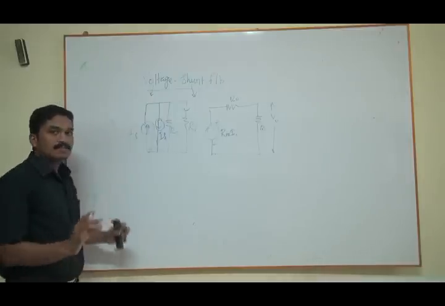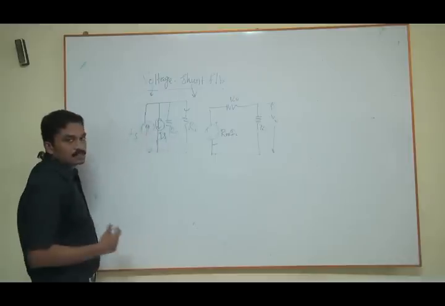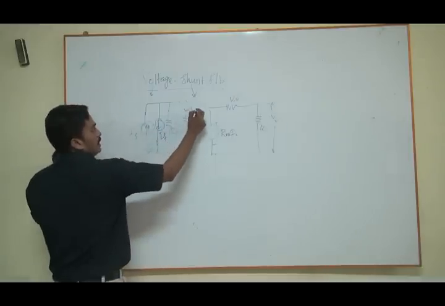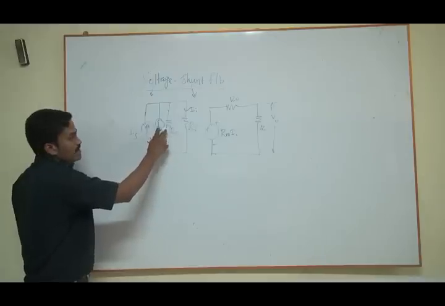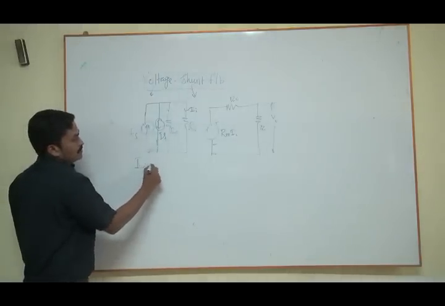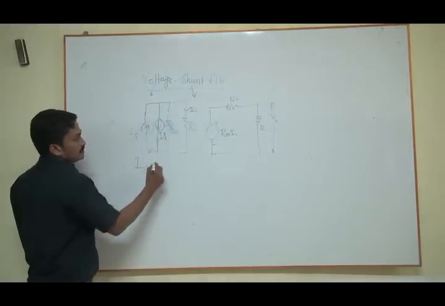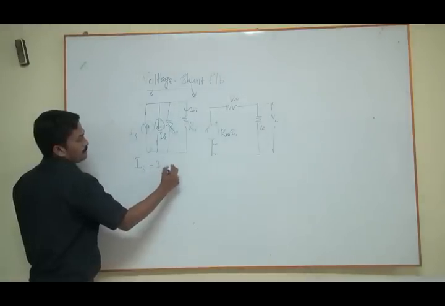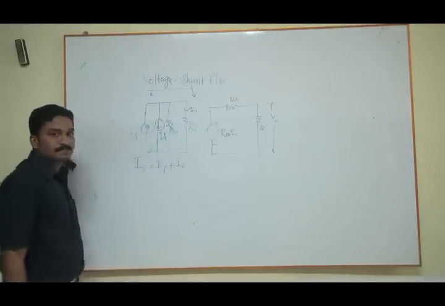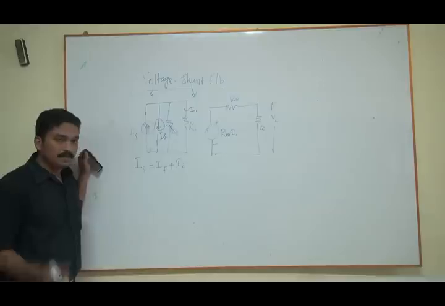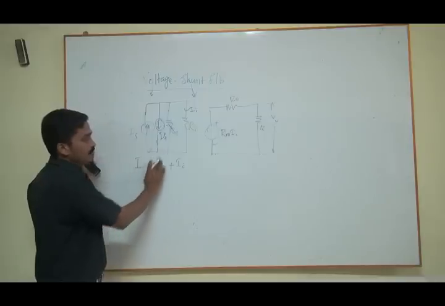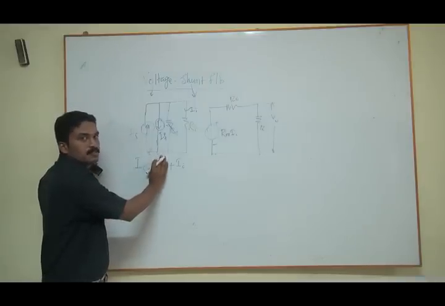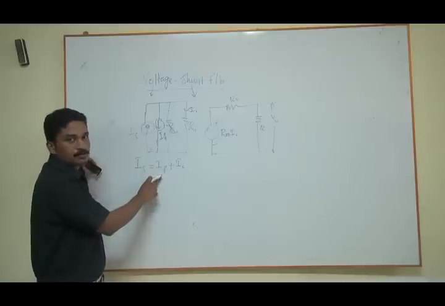Clear? And as usual assumption, let us assume this RS is very high. So total current II is flowing over here. But now we have another drop IF. So IS now is equal to, we just neglect this, IF plus II. Clear? But in actual trans resistance amplifier, we have IS equal to II. We assume like that. But because of the negative feedback, we have included this IF also.